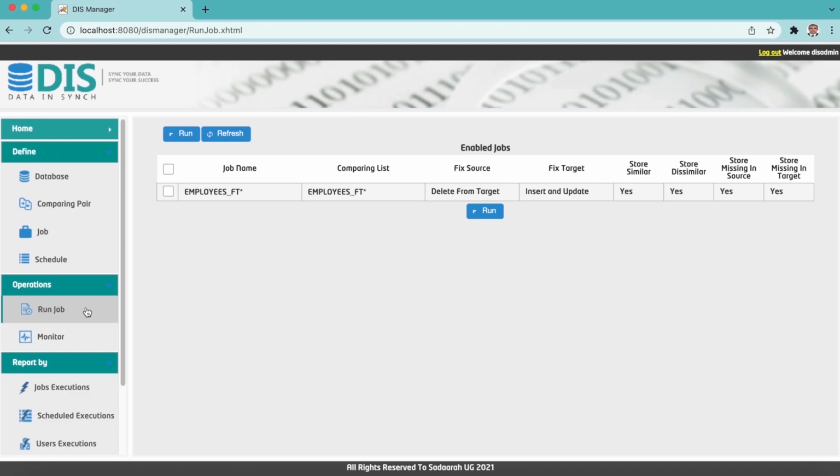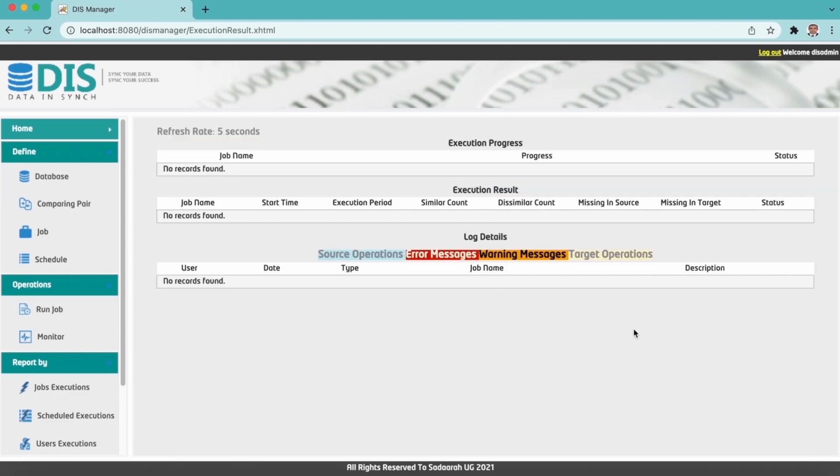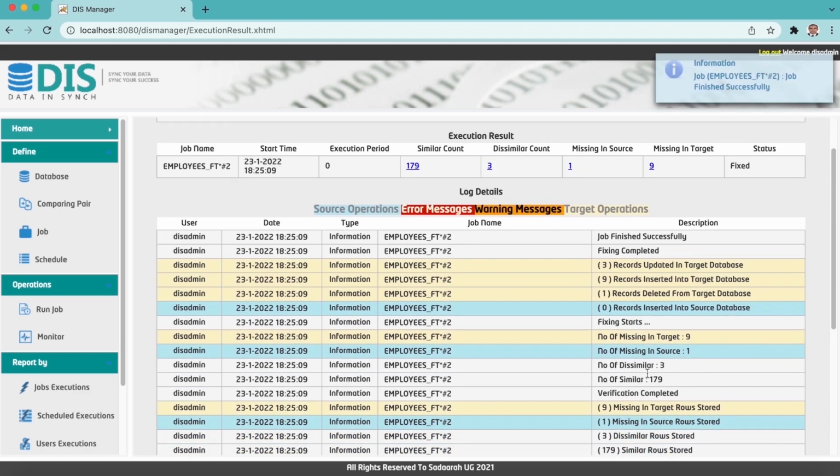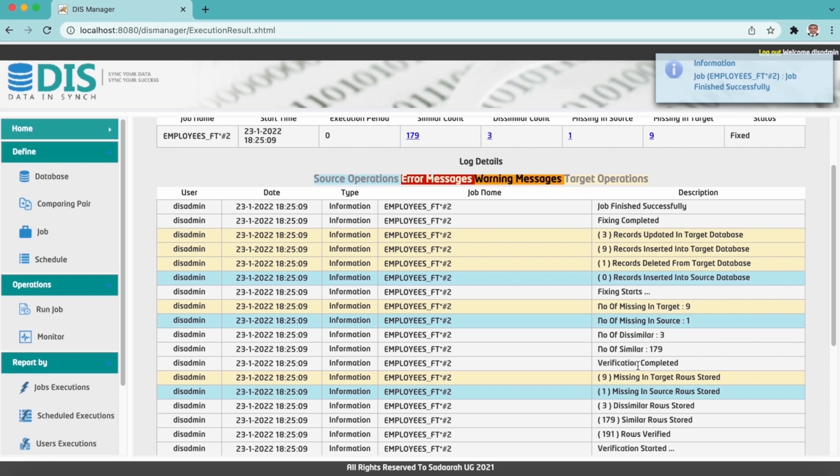And we can go to run job. Select the job and run. So let's see how it's going. Yeah, same process that we went through in the previous run. This time, after verification completed,